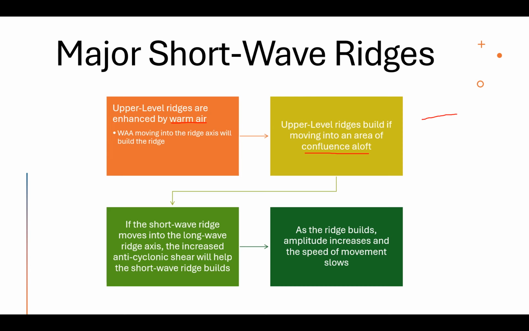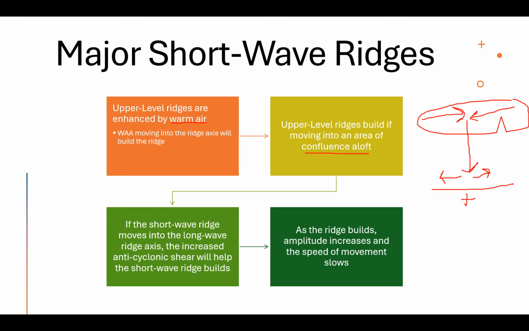If you have more air coming in at the top of the column and converging like this, as compared to at the surface, let's say my arrows represent the magnitude, by the way. So I have shorter arrows at the surface. I have basically longer arrows and a stronger or greater magnitude of the upper level convergence here. That's going to result in more air being pumped downward in the atmosphere, and that's going to increase my surface